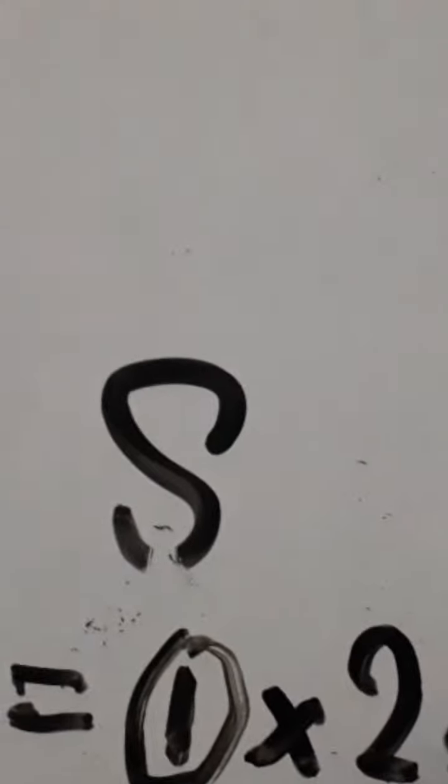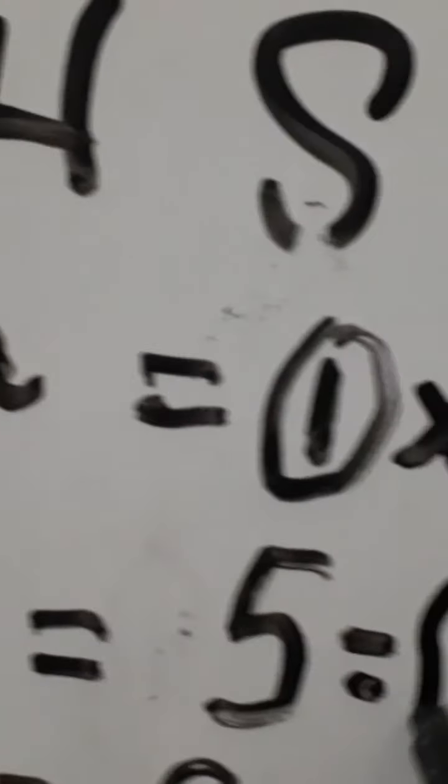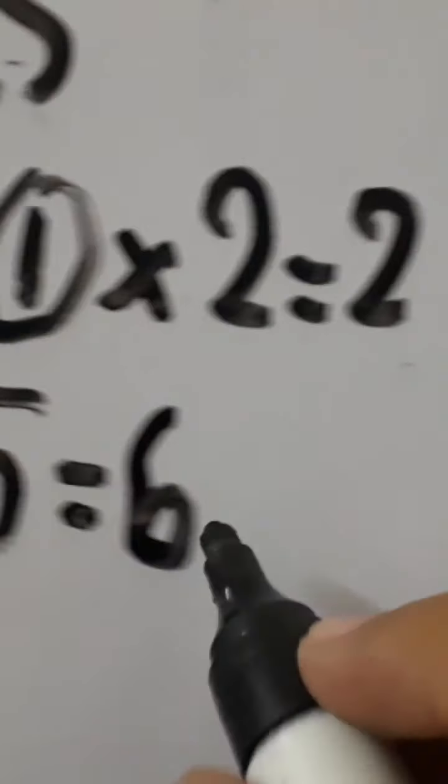So let's start balancing with sodium. Here it is 1 and here it is 2. So we will multiply it by 2 to give 2. So we write 2 here. Now we can see the number of oxygen atoms and hydrogen atoms will also change. Oxygen atoms, here 2 and here 4. 2 plus 4 gives 6. And in hydrogen atoms, here 2 and here also 2. So it will get 4.